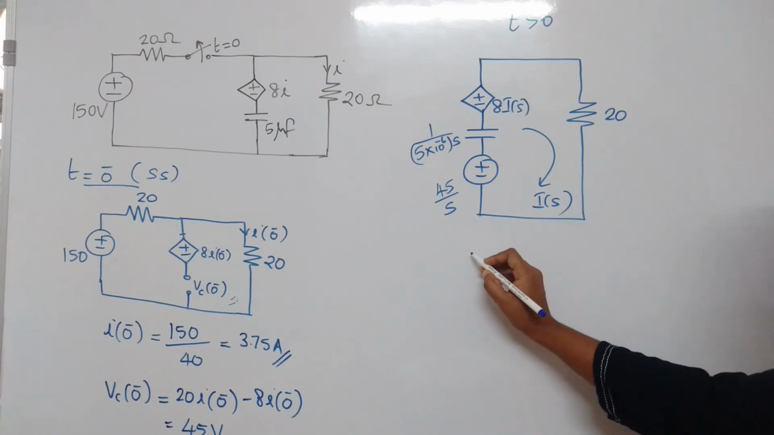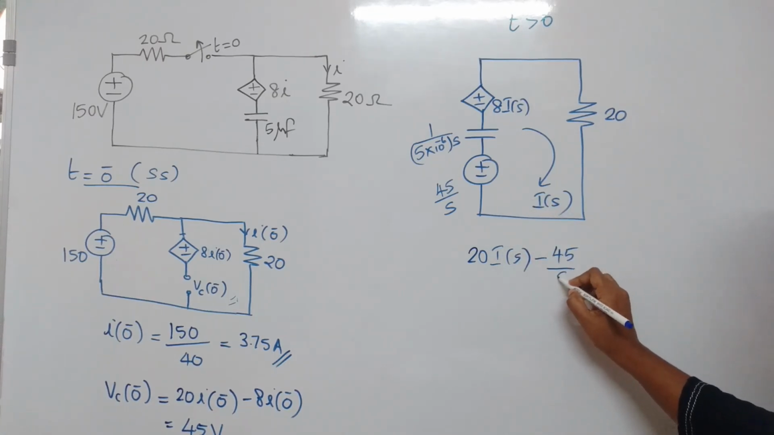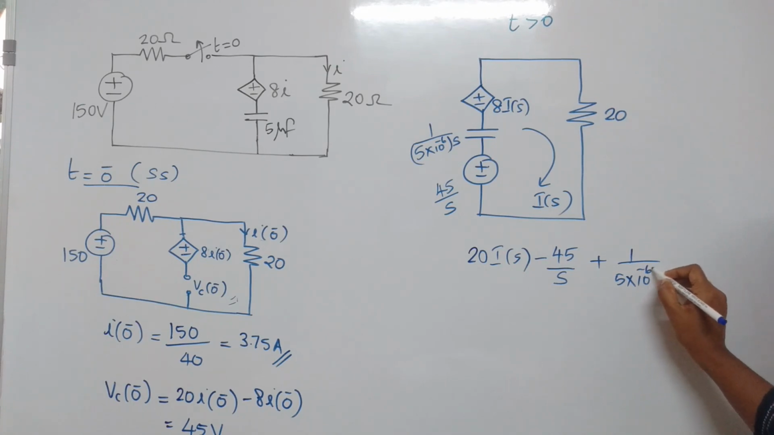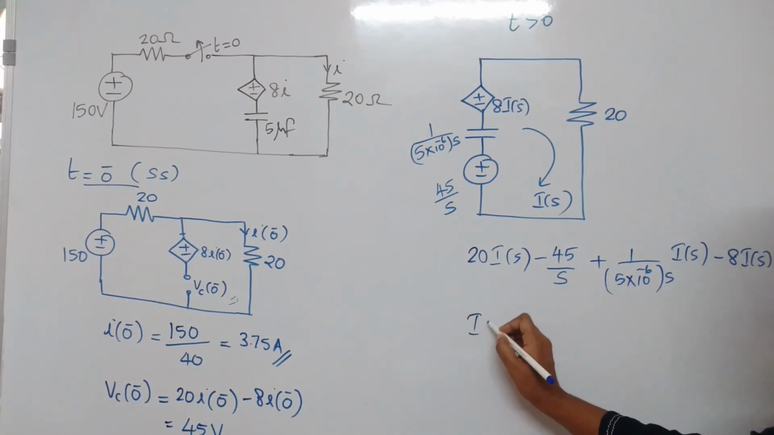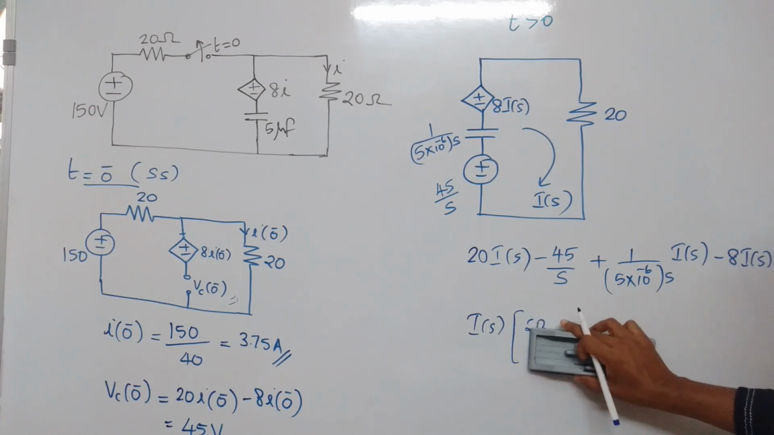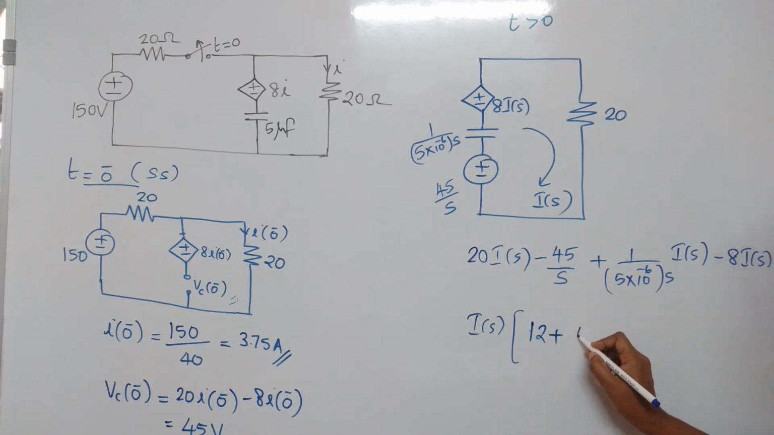Now we can write the KVL equation. 20 into I of S minus 45 by S plus 1 by 5 into 10 raised to minus 6 S into I of S minus 8 into I of S equal to 0, or I of S into 20 minus 8. 20 I of S minus 8 I of S, which is 12, plus 1 by 5 into 10 raised to minus 6 S